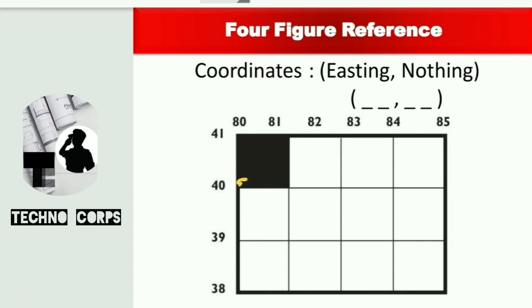Okay, so I need to have the particular associated easting with that point. So what is the particular easting line associated with that point? We know that eastings are the vertical lines. So this is the particular associated easting line to that point. Similarly, this is the line which is indicating the northing line for that point. Okay, so here you can see the yellow line shows the easting and the green line shows the northing to represent that particular grid, right? So how will I mention it in the 4-figure reference?